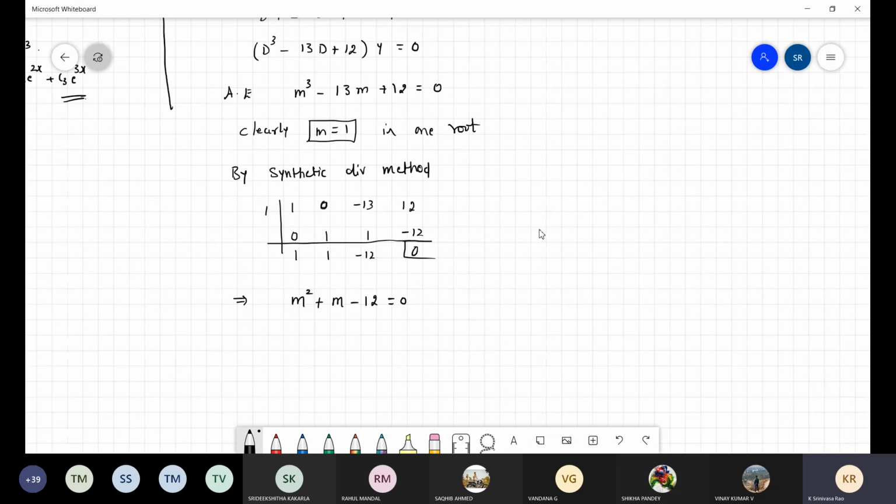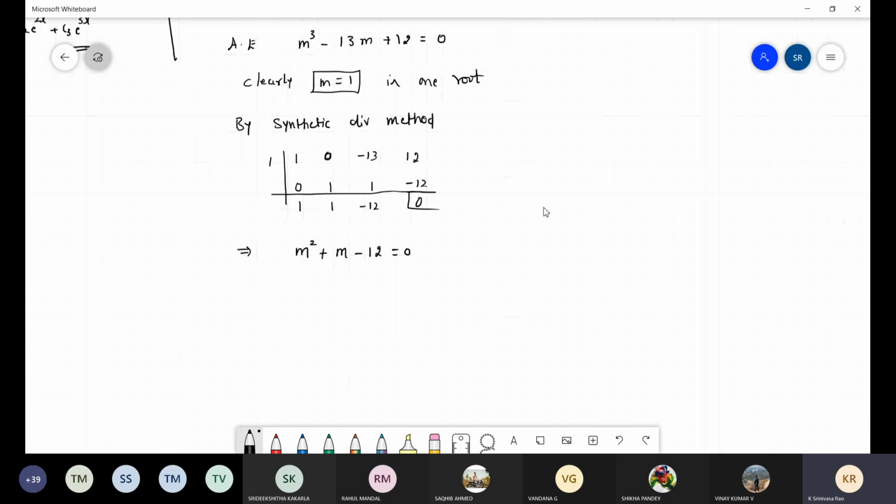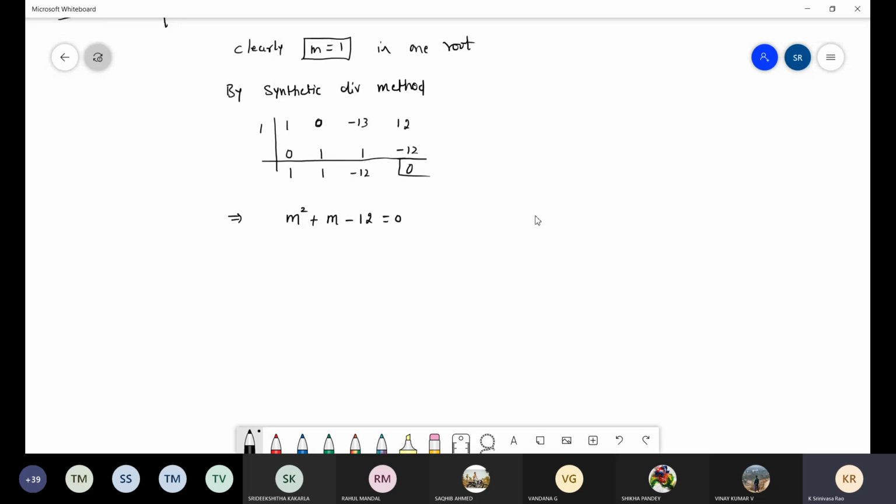We have only two methods. One is factorization, otherwise formula method. Factorization we will work out. Let me see, are there any factors for minus 12? 4 into 3, such that if I add the two numbers I should get plus 1. So 4 into minus 3. Yes, okay. 4 minus 3 or minus 3, 4, whatever.